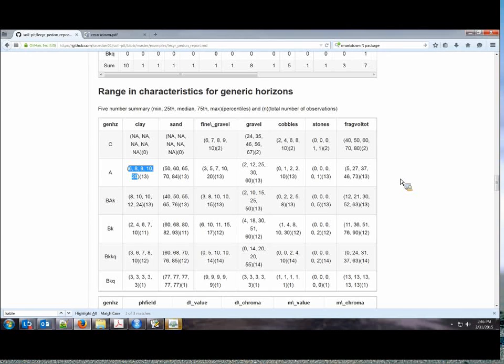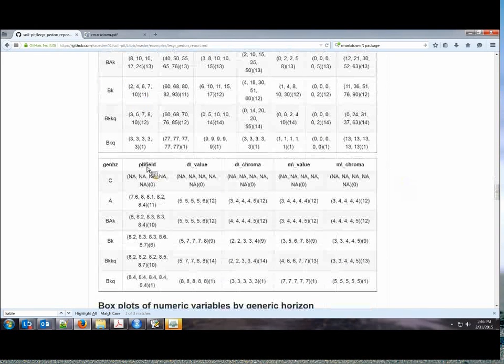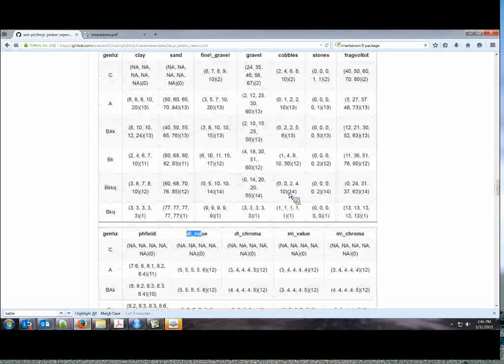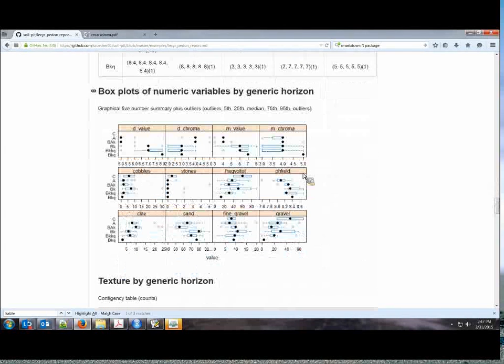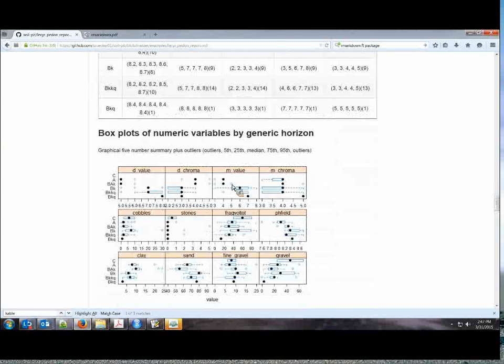But if we throw in the similar soils, you get to see what the full range of anything that's correlated to this series looks like. There's also pH and color, in addition to rock fragments. And then these numerical summaries are great, but it's even better to get to see how these things look in graphics. So the range becomes a little bit more intuitive right away when you see here's our clay content, and